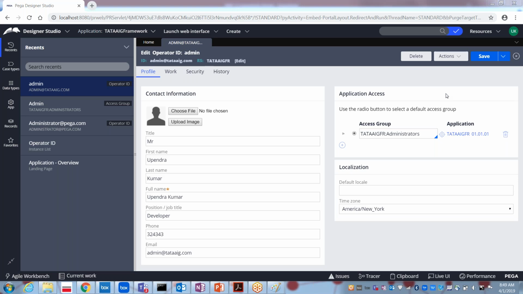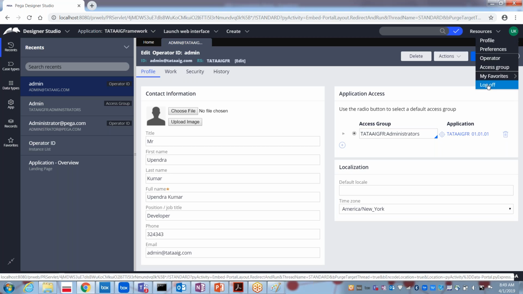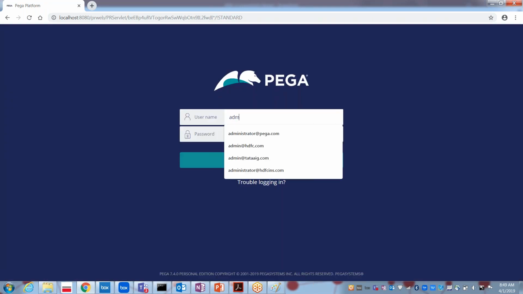So this is the application which I have created for the framework of the Tata AIG. And now I want to also create one more application for the implementation. What is the implementation layer? What is the framework layer? Framework layer means reusable, whereas the implementation means which is specific for this application. It's not a reusable thing, it is a specific thing. So how can we do that?